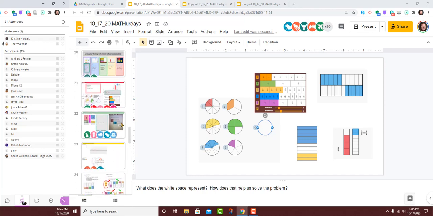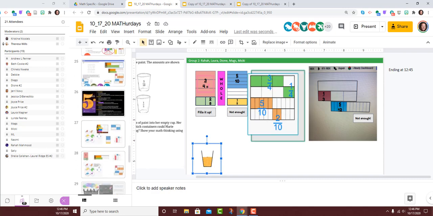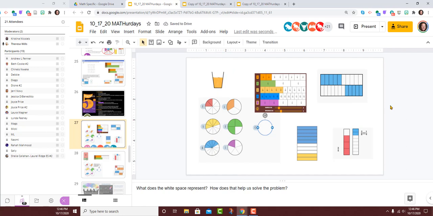So let's go ahead and talk whole group for a minute and see all the different ways that you solved this problem. I'm down on slide 27. What I tried to do is grab some images in the moment. So some of your peers may have added more to these, but I'm looking at the image in the moment. So slide 27,